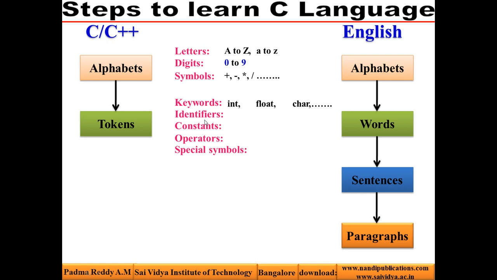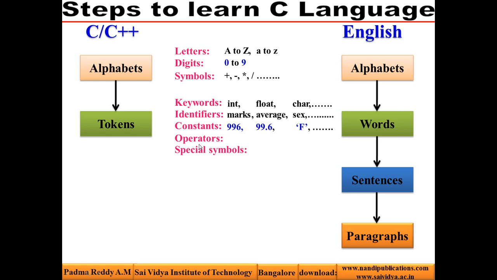Next we see identifiers. Some of the examples of identifiers are marks, average, sex, etc. In the next section we see what are identifiers, what are the rules to be followed to frame an identifier, and later we see some of the identifiers also. Next we have constants such as 996, 99.6 and within single quote any character you can write. Here I have written F. So these are all examples of constants in C language.